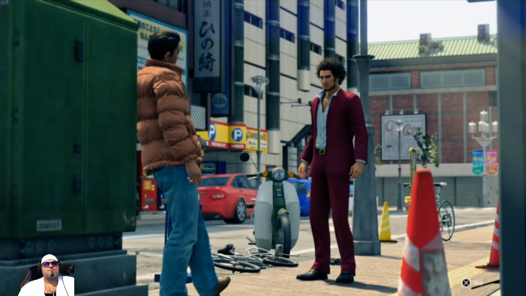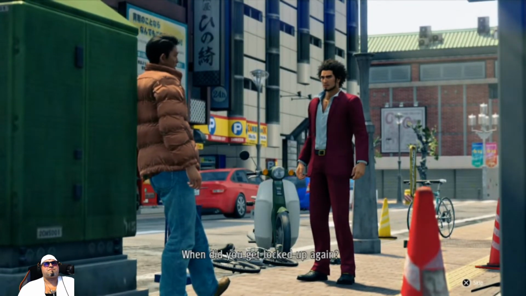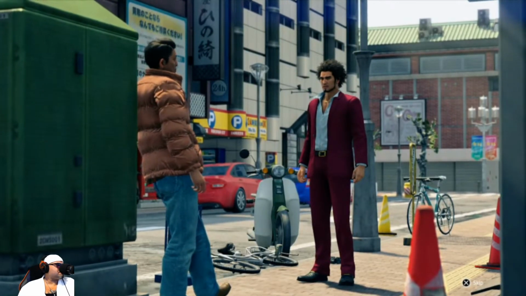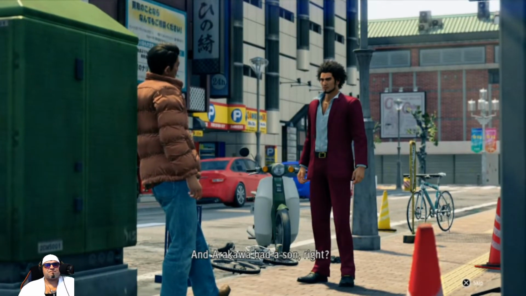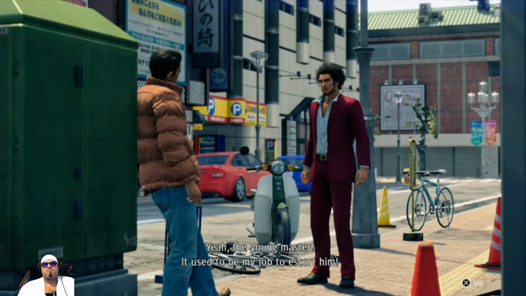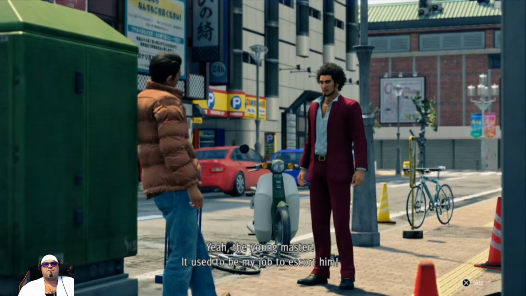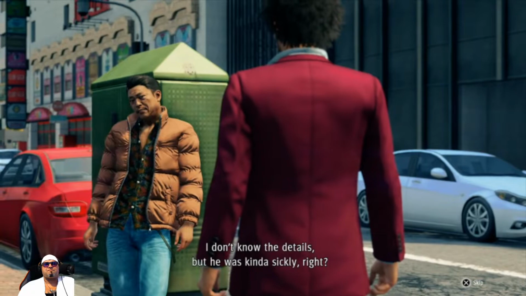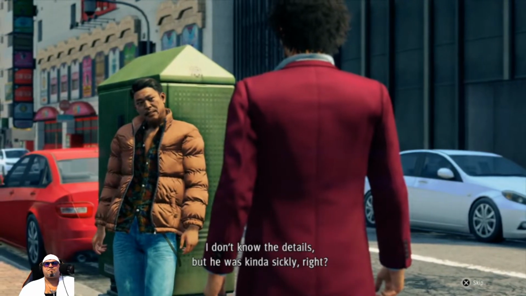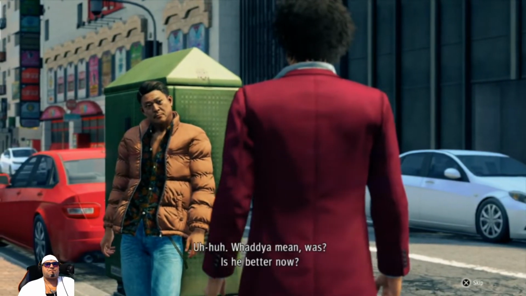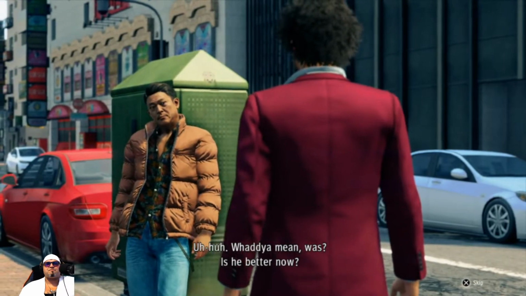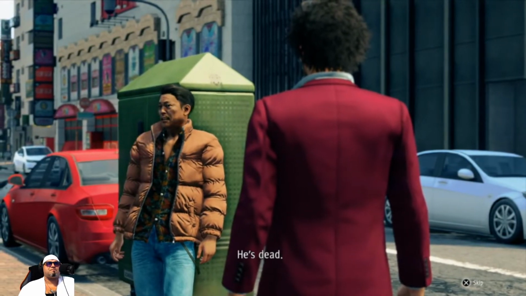So tell me. When did you get locked up again? 18 years ago. And Arakawa had a son, right? Yeah, the young master. It used to be my job to escort him. I don't know the details, but he was kind of sickly, right? Uh-huh. What do you mean was? Is he better now? He's dead.